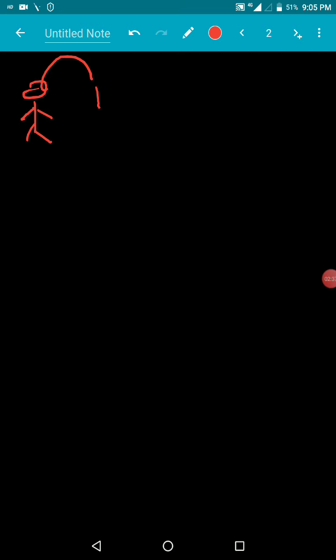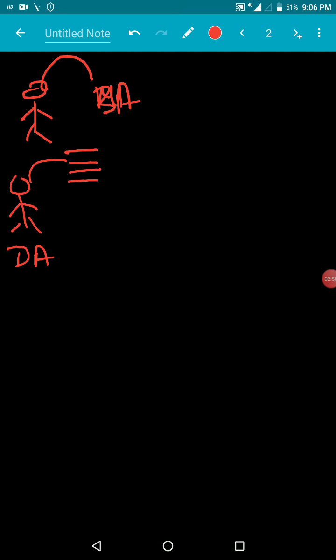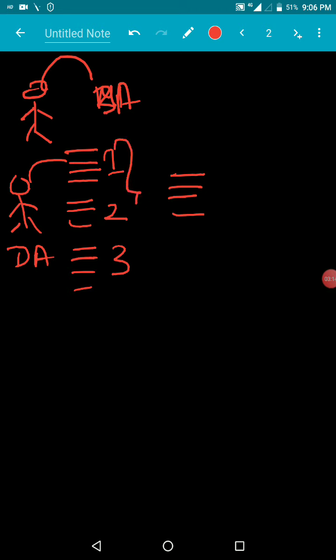Then one of the important questions I asked myself: why do we study Boolean algebra as computer science students or software engineers? Assume you are working as a design analyst. You can write multiple algorithms for a given problem, like algorithm 1, algorithm 2, algorithm 3. Later, the most efficient algorithm is picked from the multiple algorithms.